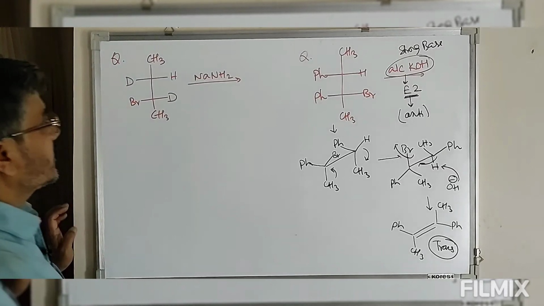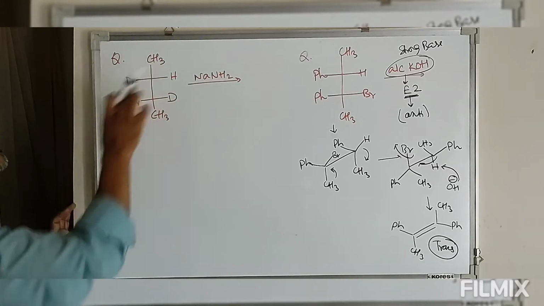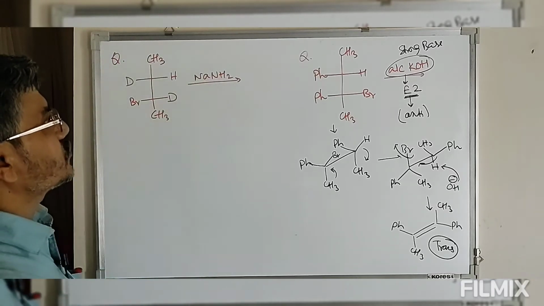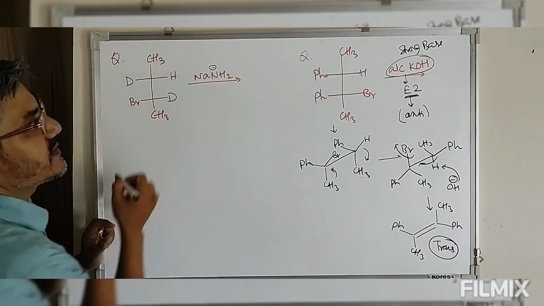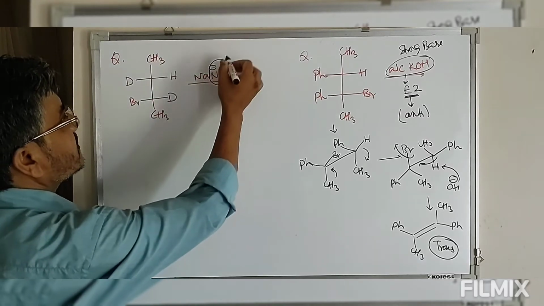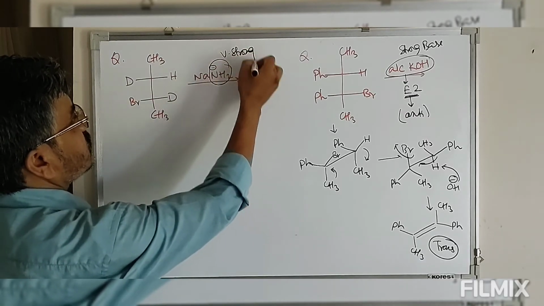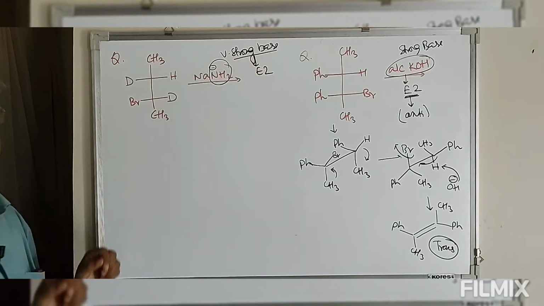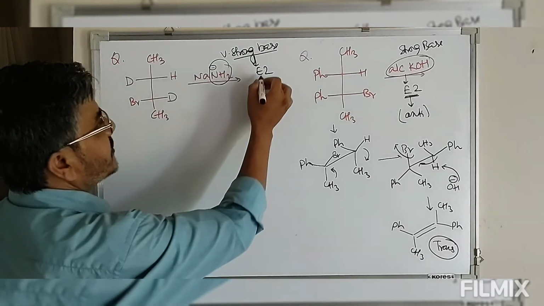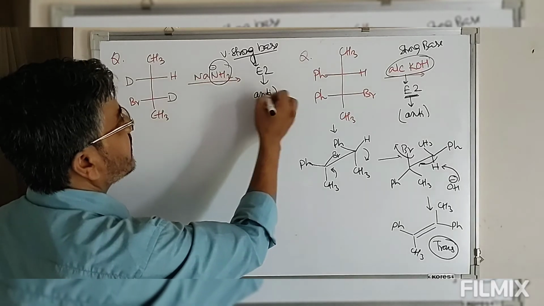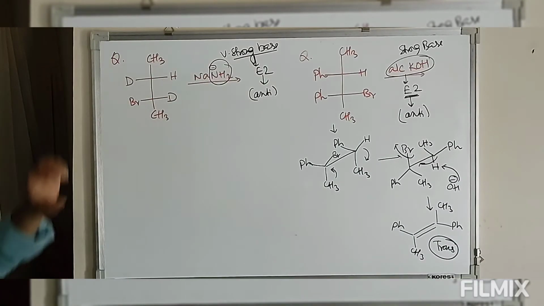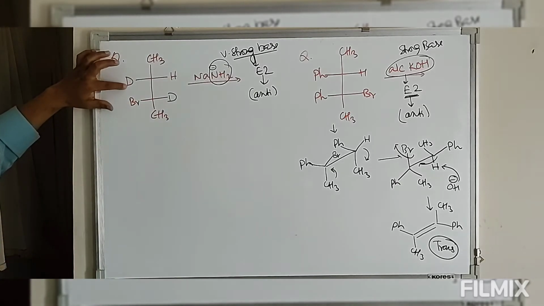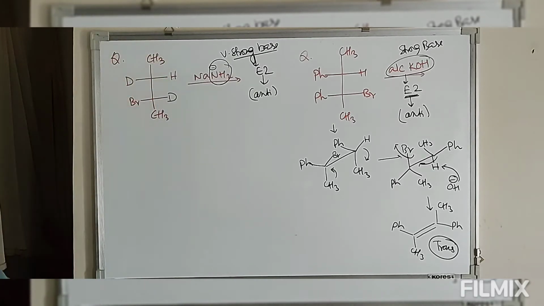In the next reaction, again we have alkyl bromide, which is given in Fischer projection formula. This alkyl bromide is to be treated with sodium amide, so NH2 minus amide. Now this NH2 minus is a very strong base. So since we have a very strong base, the reaction has to follow bimolecular elimination. Bimolecular elimination requires this has to be anti होना चाहिए. बट इस पार्टिकुलर प्रॉब्लम में आपके पास दो ऑप्शन है. देखिए, इधर वी हैव टू एलिमिनेट ड्यूटेरियम और वी हैव टू एलिमिनेट हाइड्रोजन.